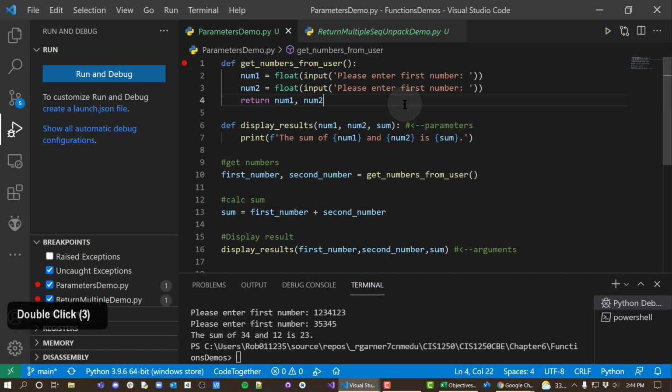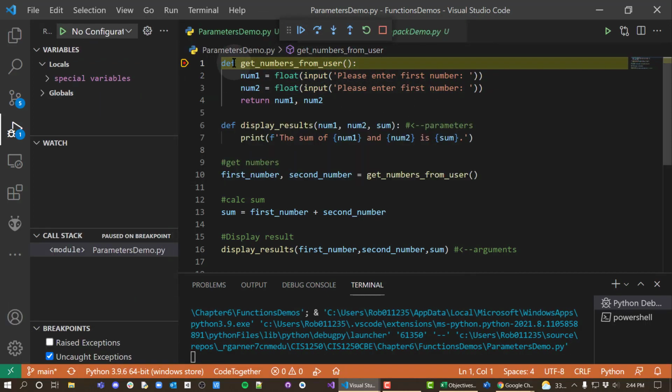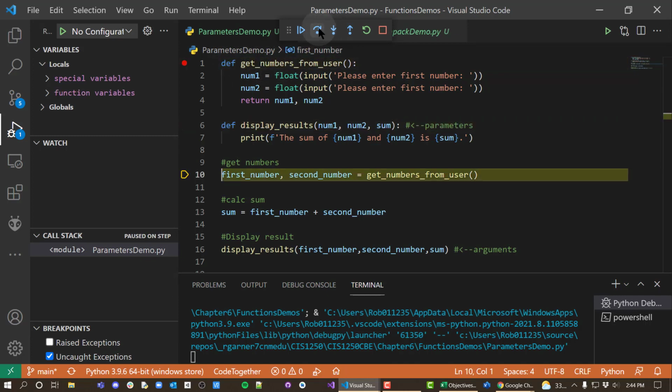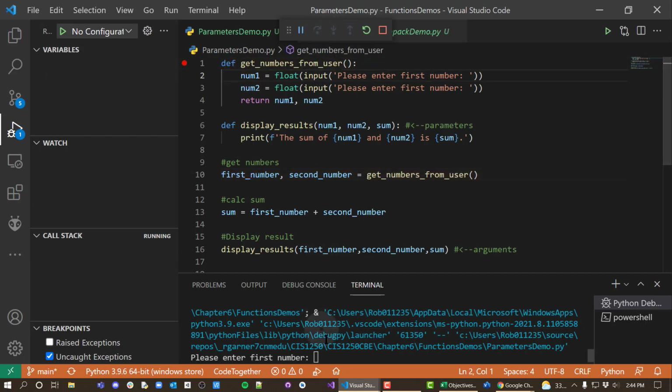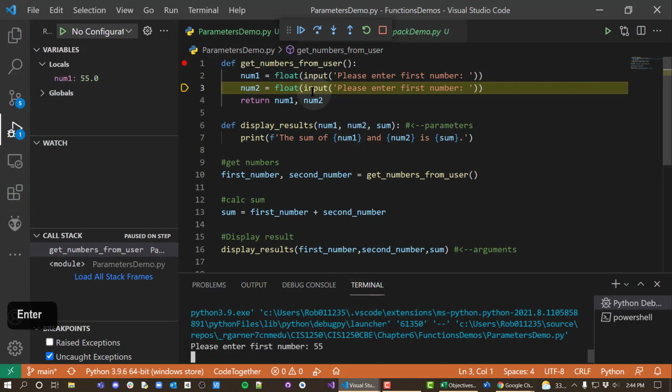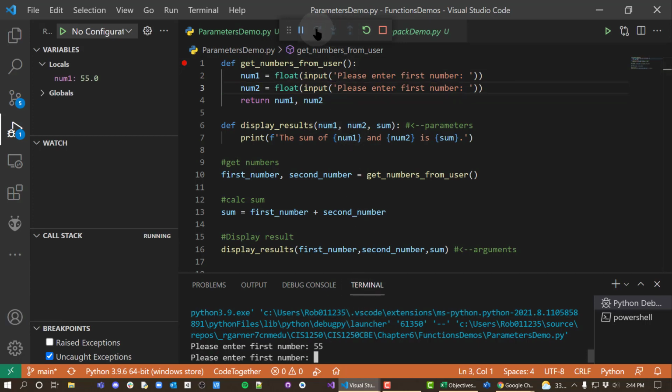So let's run this again with F5 in debug mode and see how this works. So here we are. We're defining our two functions. Of course, when we define the functions, it doesn't do anything yet. It just says, hey, here's a block of code with this name. Then we get in here and we're going to get our first number. So let's step into that function, which calls the function. We get num1, and I'll put 55 and hit enter. Then it's going to ask for num2,